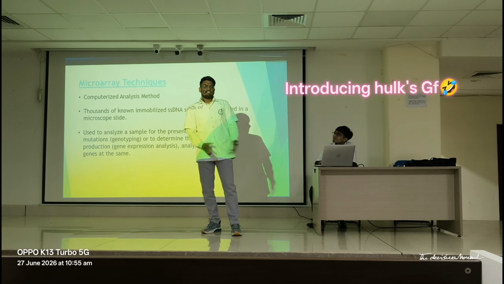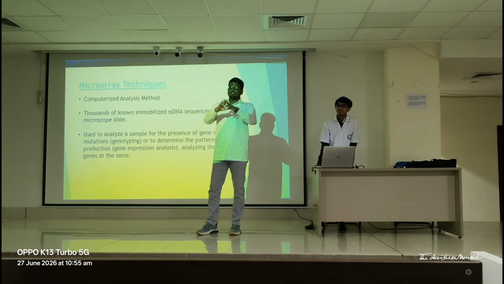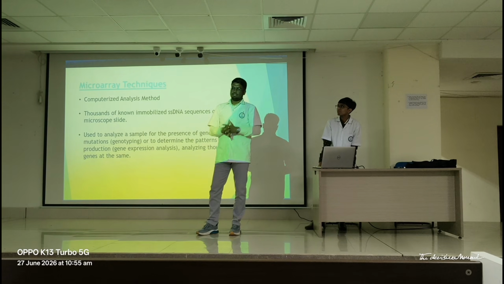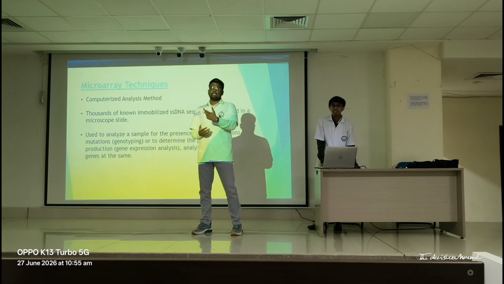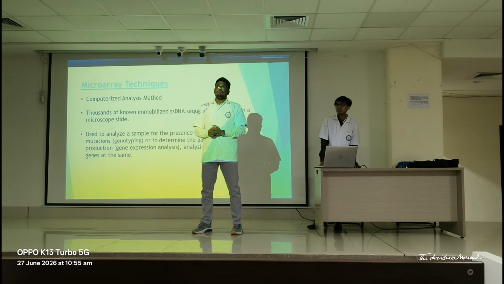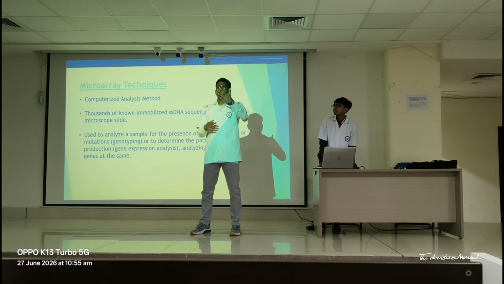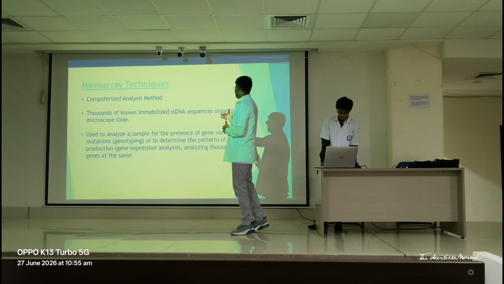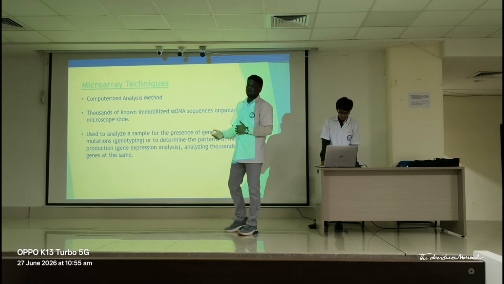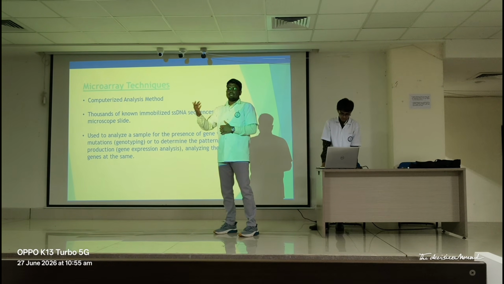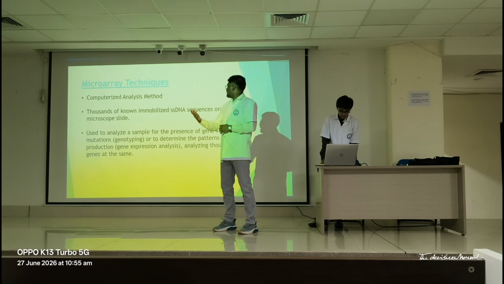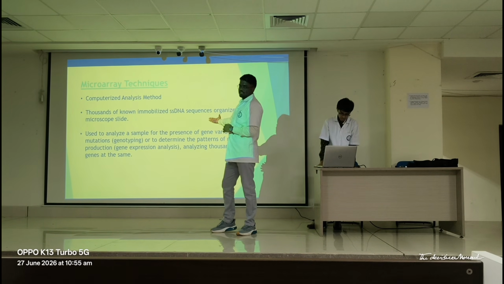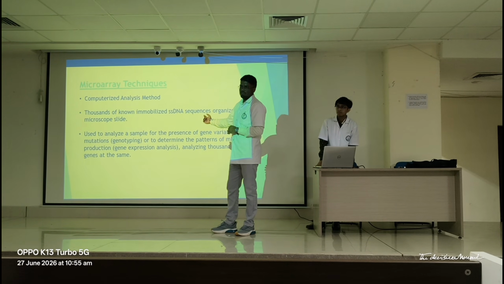Suppose he has a girlfriend and he wants to find her among 20 other women. How is he going to do that? But the catch is he is blindfolded. He will tell his girlfriend to speak, and he will recognize her by the voice. So this voice is an example of a classical gene variation, mutation or complementary DNA. By that he can get to the gene expression. That is a classical example.